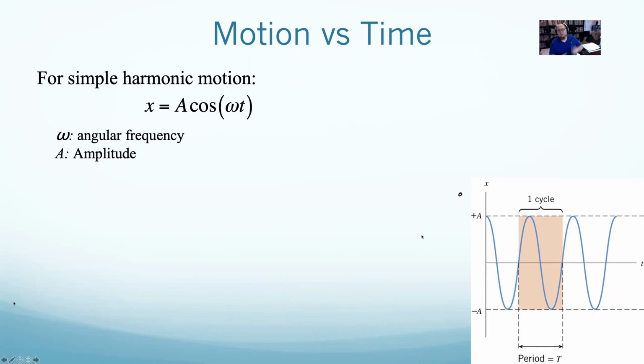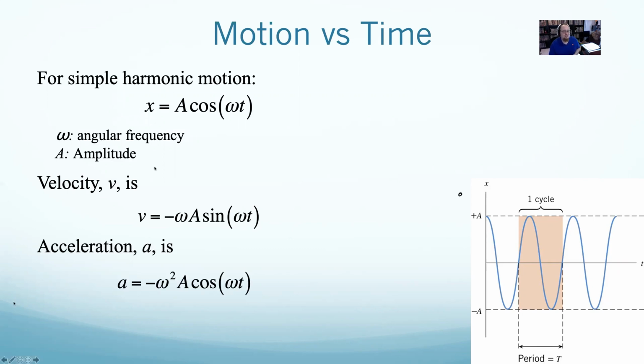Okay, so here was position as a function of time. If you want position as a function of time, x equals a cosine omega t. Well, omega is angular frequency, a is amplitude, lowercase t is time. We can also use this to get velocity as a function of time. How I get velocity as a function of time, the answer is some calculus happens. So you can ignore the process. Those of you who know calculus, I'm taking a derivative, and I can find velocity as a function of time. Velocity as a function of time is given as negative omega a sine of omega t. And with some more calculus, I can also find acceleration as a function of time. That acceleration is negative omega squared a